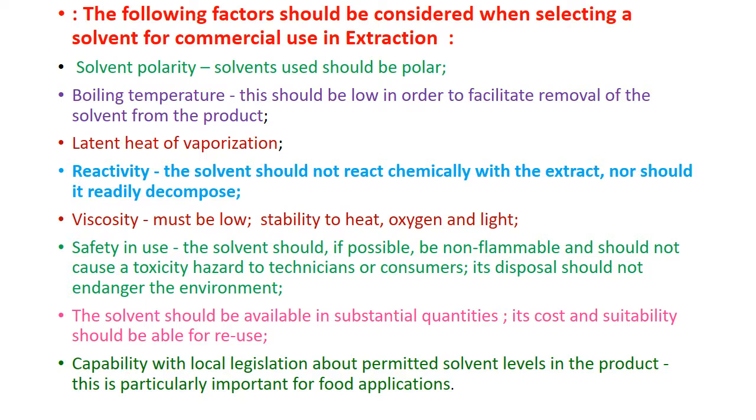Now, in solvent extraction, the selection of solvent is a very important thing. These are different factors which affect the extraction process, and hence they also affect the quality of the essential oil, means of course the quality of the terpenoid which is obtained by using the solvent extraction method. The name is given solvent, means we have to consider the quality of the solvent, and only then can we obtain the essential oil, means terpenoid of the best quality.